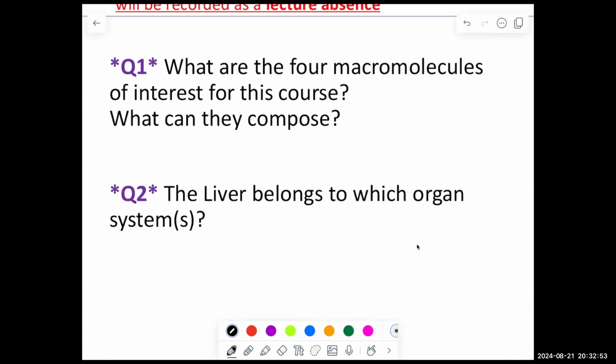Okay, so here, let's give this a go. All right, so what are the 4 macromolecules? Let's start there. Carbs, lipids, proteins, and